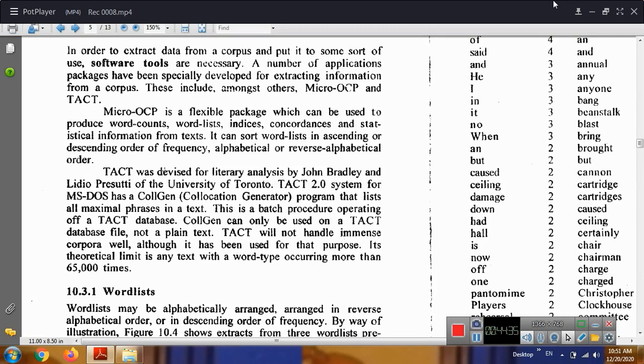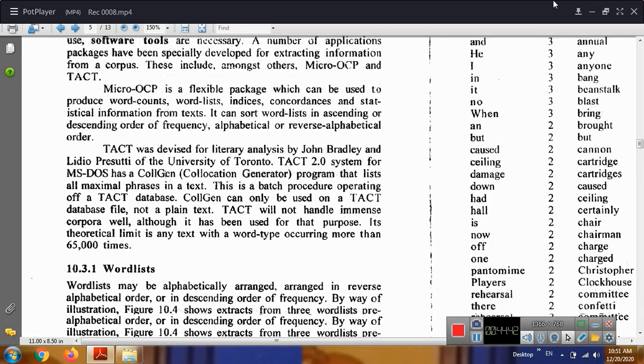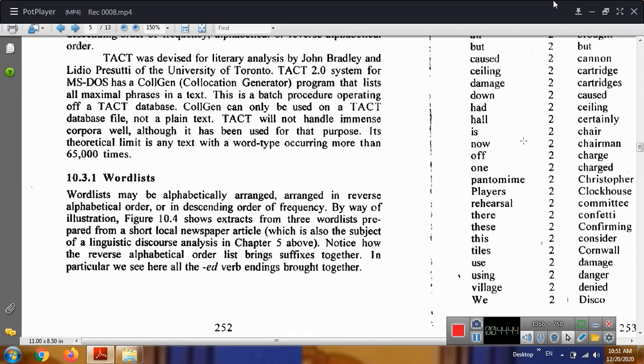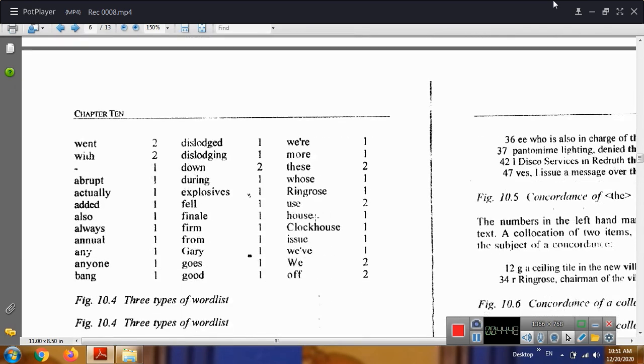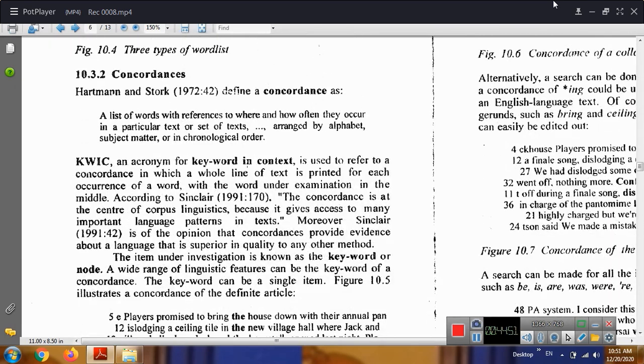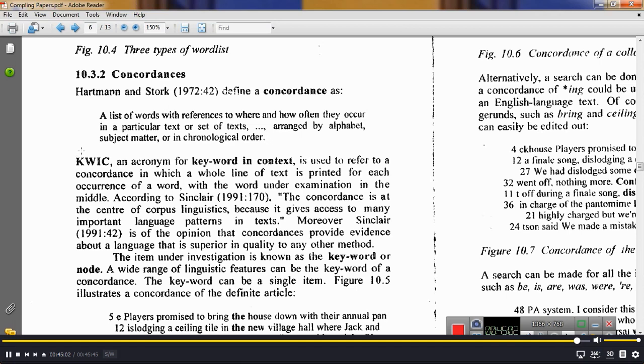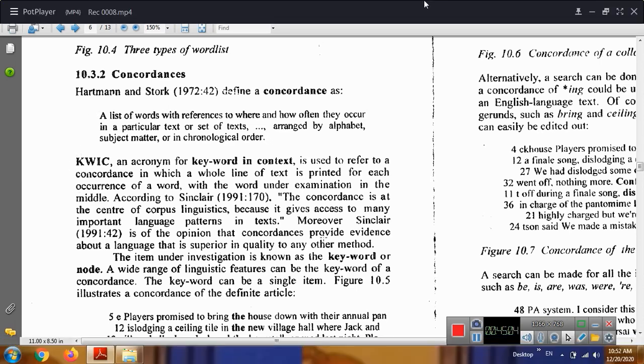About the software, we say something about the different software in corpus linguistics. About the word list, we define the three ways in which we show the word list. About the concordances, we explain them in terms of KWIC, keyword in context, which refers to the concordance in which a whole line of text is printed for each occurrence of the word,